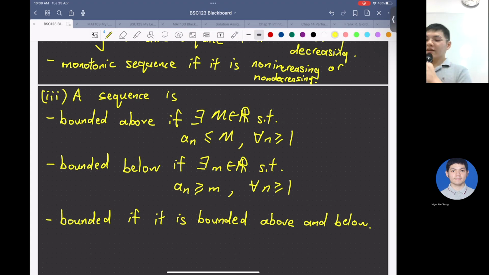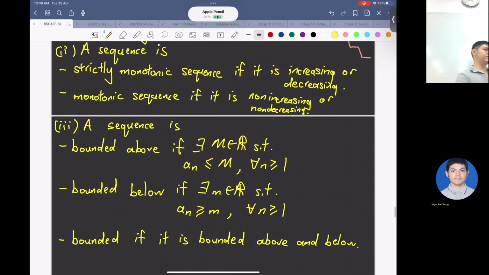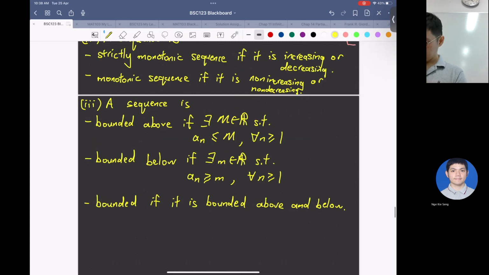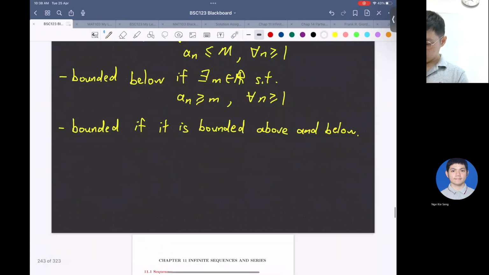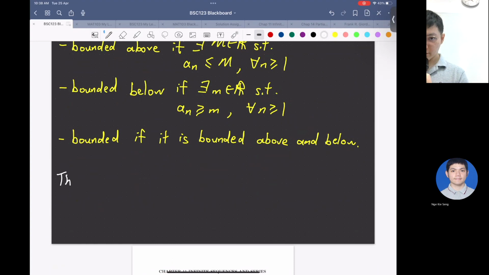Okay. So now what do we have? We have increasing sequence or decreasing sequence, and then we have bounded sequence. So we're trying to put all these ideas together to get a convergent sequence. So the theorem we want to get is